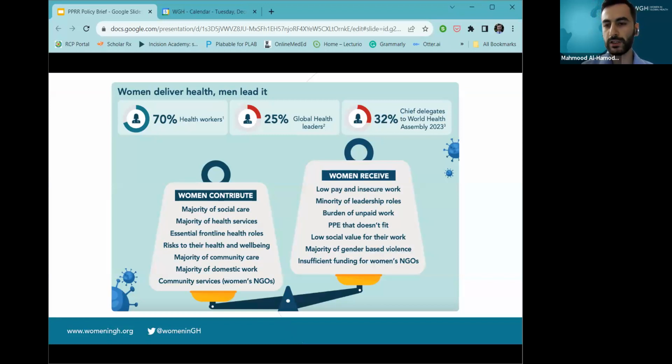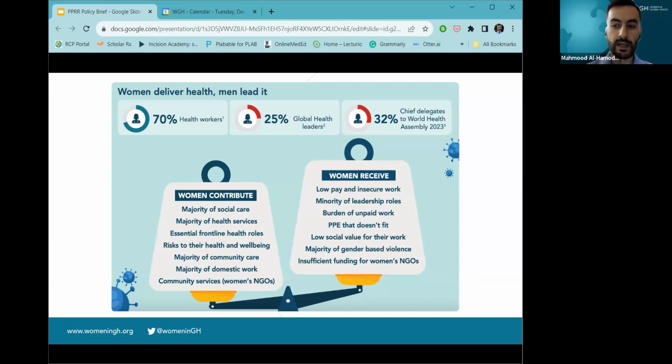Women constitute the majority of the health and care workforce, over 70% of health workers, over 80% of nursing and midwifery roles, yet occupy 25% of leadership roles, and even their presence in policy discussions is limited, as we see in the chief delegations of WHA. Women lead the delivery of health and care services, yet still face huge inequalities in healthcare systems: low pay and pay gaps,